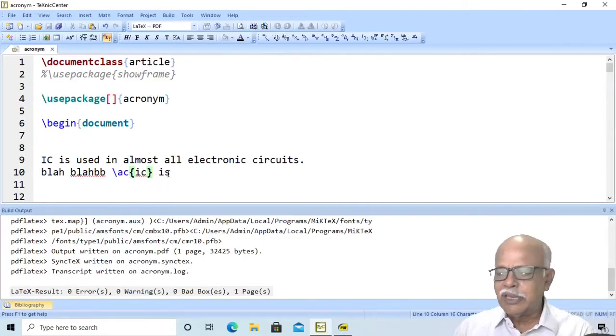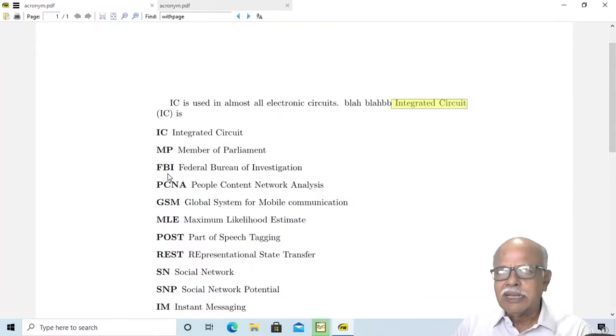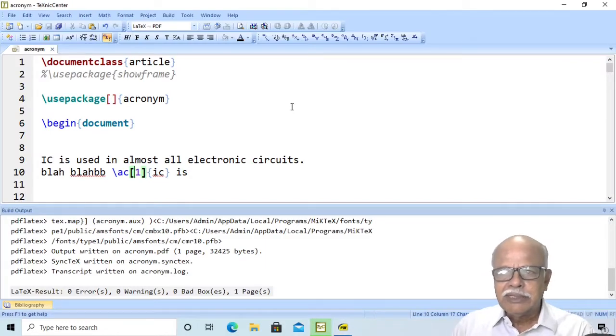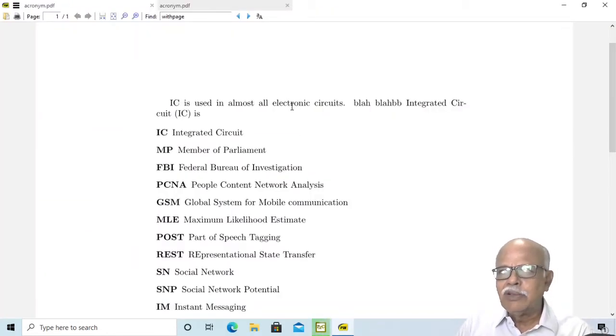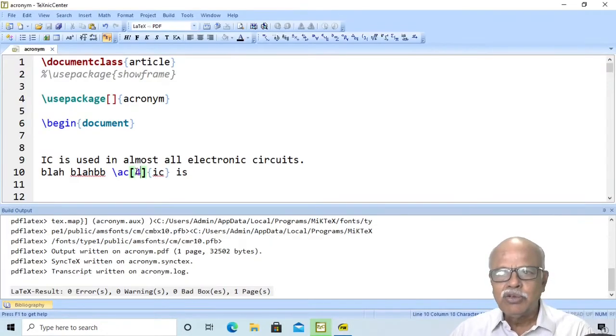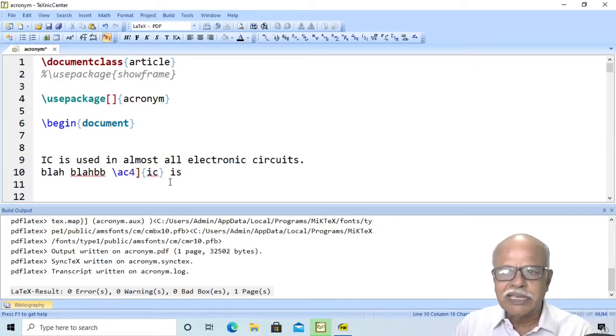Suppose we were to give a penalty like this, 1, then this is what you have. Instead, if you change the penalty to 4, then you will find the longer form integrated circuit is now hyphenated like this. Whenever you encounter such a form towards the end of the line, you may change the penalty from 1 to 4 as the case may be.